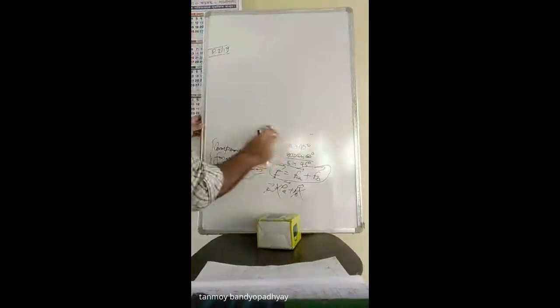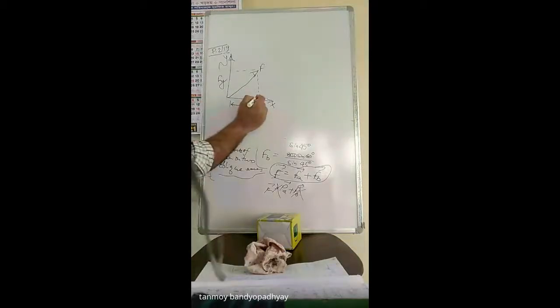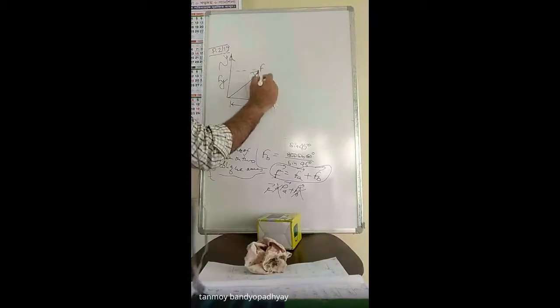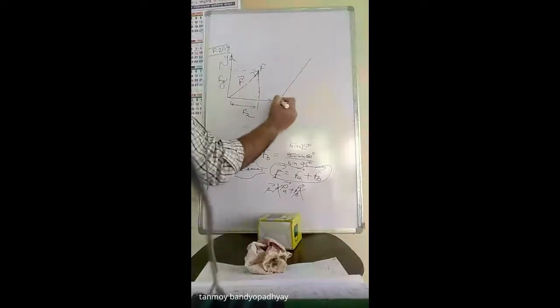So as of now what we have done, এতদিন ধরে the problems we had discussed, the axes were perpendicular to each other. So x and y, they were perpendicular to each other. So suppose I was having a force F, so এটাকে আমি যদি প্রজেকশন করি, so I was getting fx, and এটা যদি আমি আরেকটা প্রজেকশন নিই, so that was fy. So these are the two components of the force. ঠিক আছে? সো আমি যদি এটাকে এখানে নিয়ে আসি, fx plus fy will be equal to your actual force F.